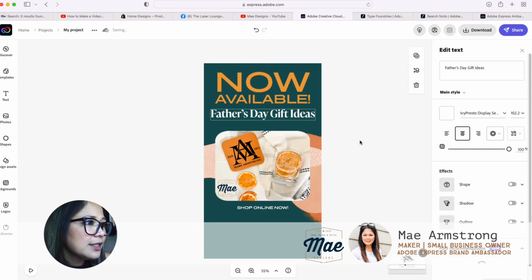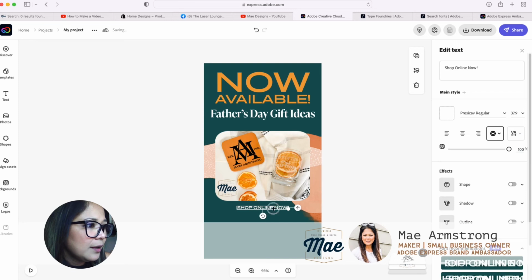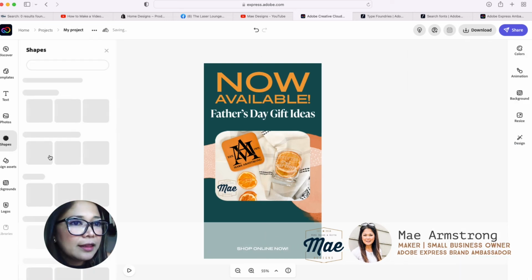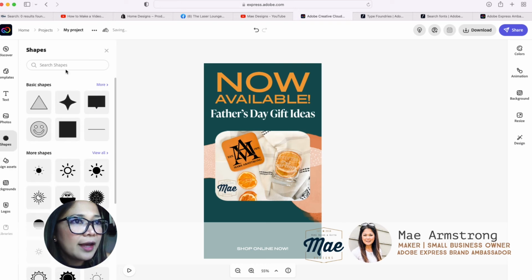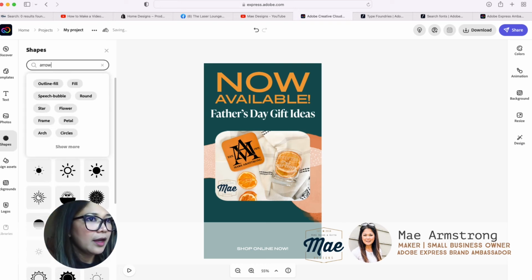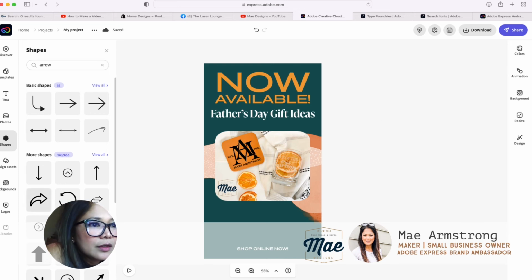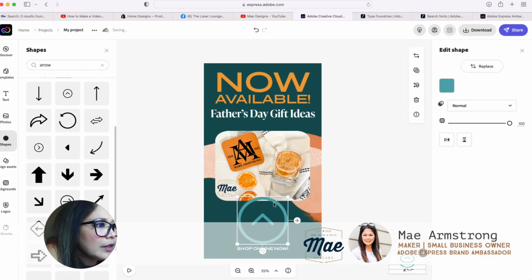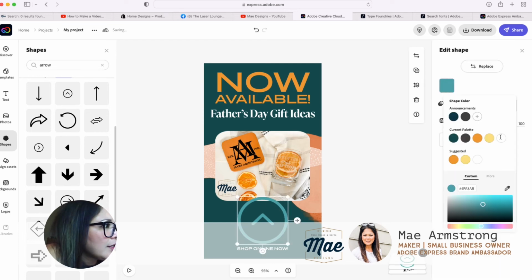Father's Day gift ideas, and I'm moving shop online, and I think I'm going to add a shape, and I'm doing an arrow, and I think I'm changing this to white, and